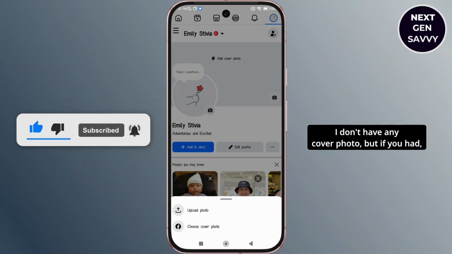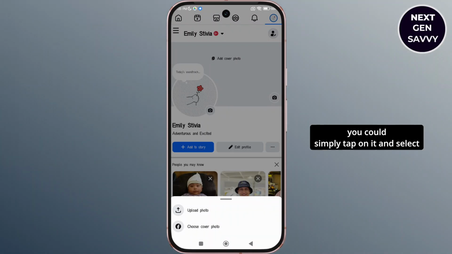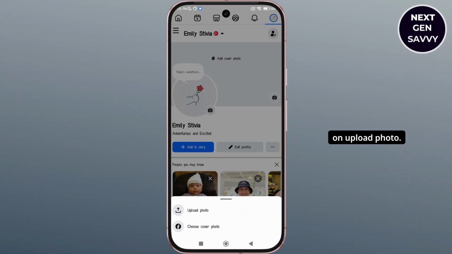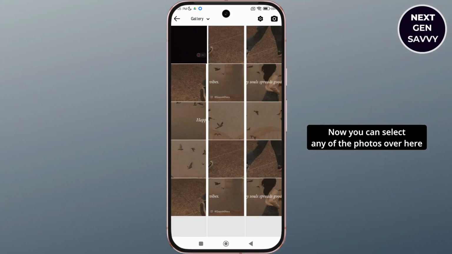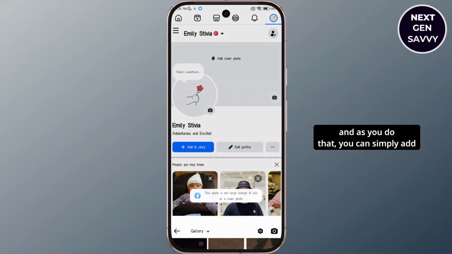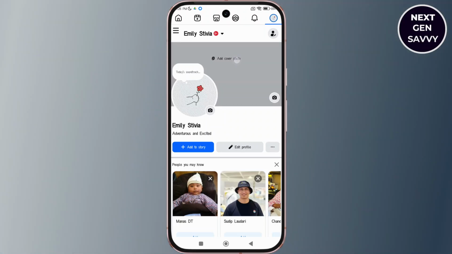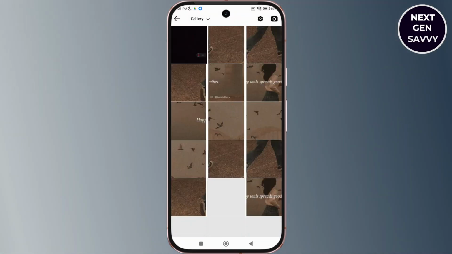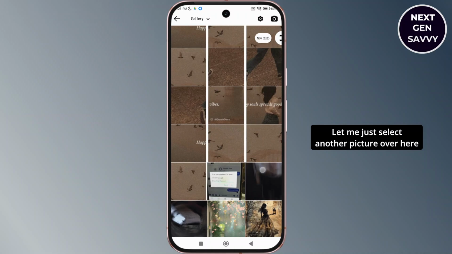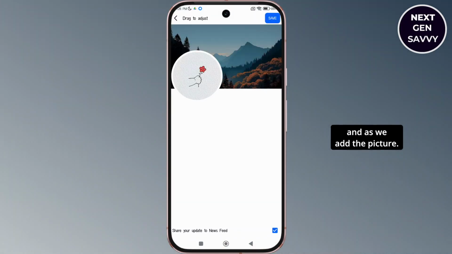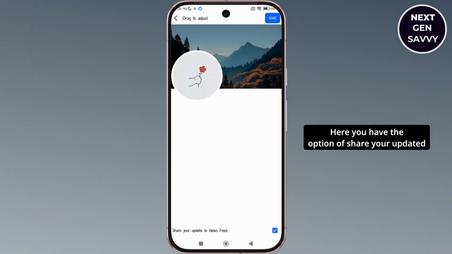I don't have any cover photo, but if you had, you could simply tap on it and select upload photo. Now you can select any of the photos over here, and as you do that, you can simply add the photo. So I'm going to select another picture. Let me just select another picture over here, and as we add the picture, here you have the option of